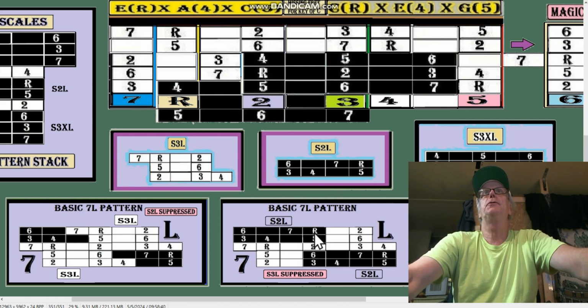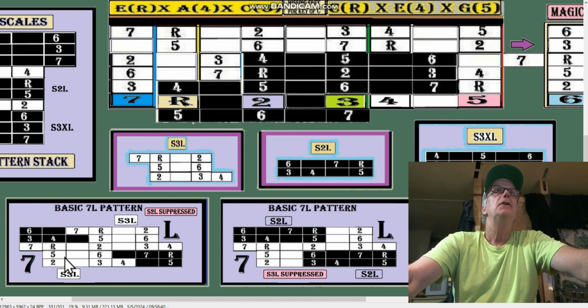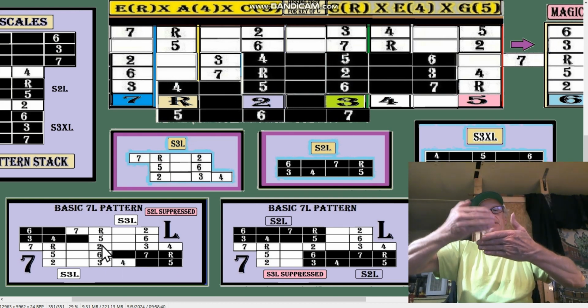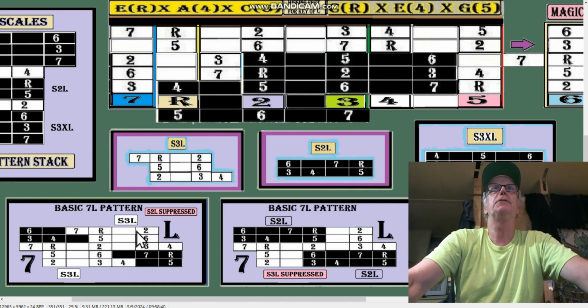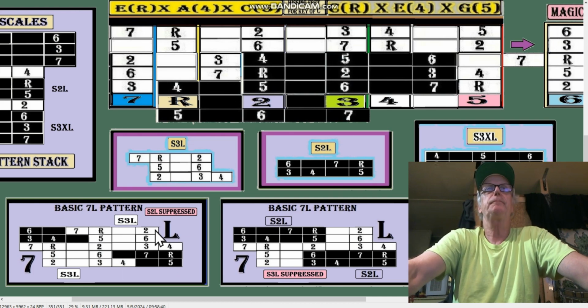Here's where the S2Ls will fit in a scale. And now, in this particular point, if I suppress the S2Ls and just show you the S3Ls, here they are. 2, 3, 4, 5, 6, 7, R2. And then also there's the Lego block that sticks them together, right? Like this. 2, 3, 4, 5, 6, 7, R2. That might have been backwards. Like that. But the bottom line is you build this 7L from these guys, and it looks like a 7,